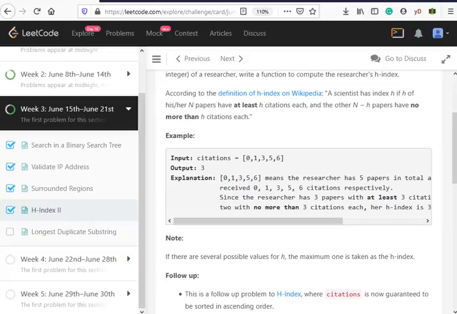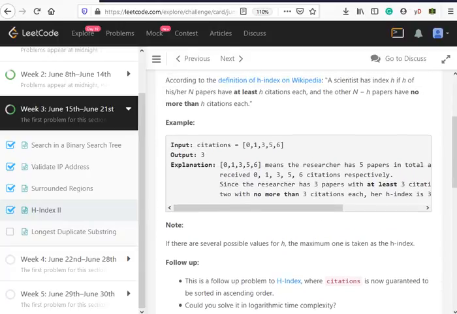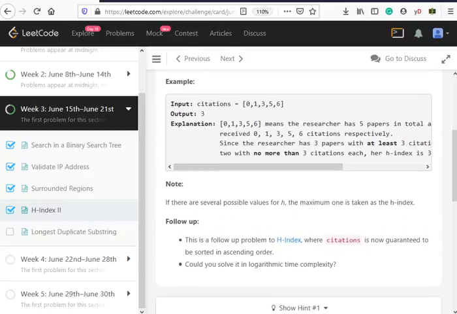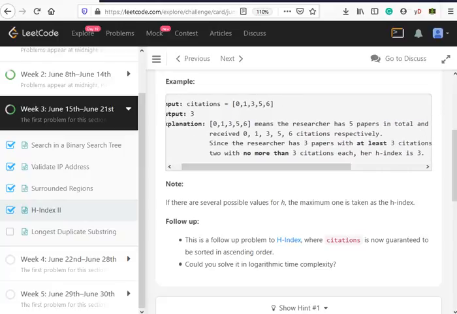So before moving on to the solution, what I figure out from here is that we need to find a point in this array wherein the number of citations, I mean the citations of a point, let's say it's h, is equal to, over here in this case, n minus h. Now why n minus h, we will be discussing right now.